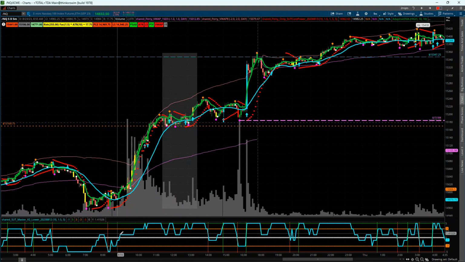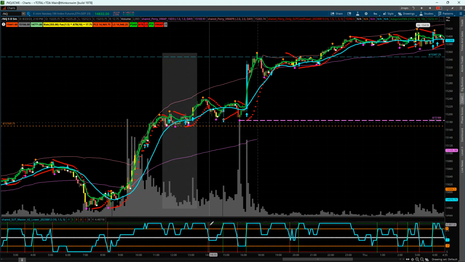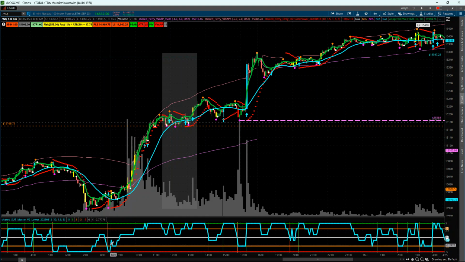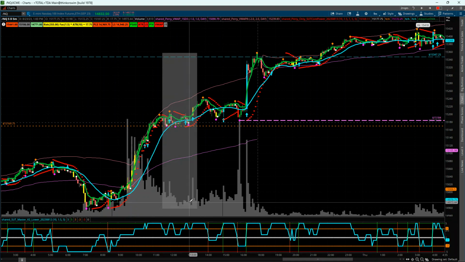So off the open in the NASDAQ here, 9:30 open, we're above the zero line. So above the zero line is positive on this indicator, and especially if we're just hanging out above it. One of the things you'll notice is when we're hanging out above the zero line, the first move down or against that, we've been hanging out above the zero line basically since 8 o'clock. So 1 hour, 9 o'clock, 2 hours, 3, 4, 5, and almost 6 hours above the zero line, which is